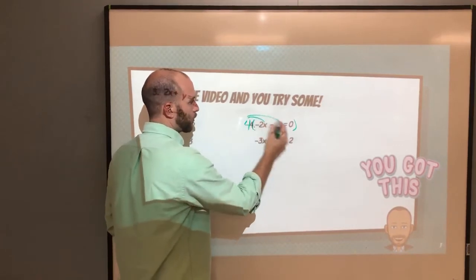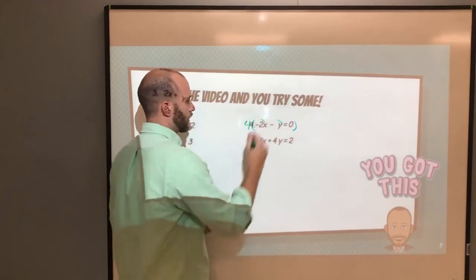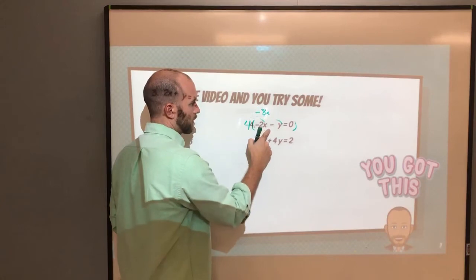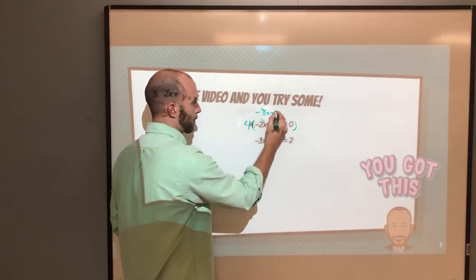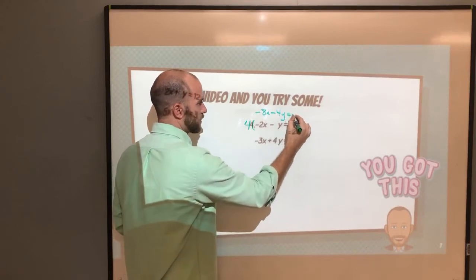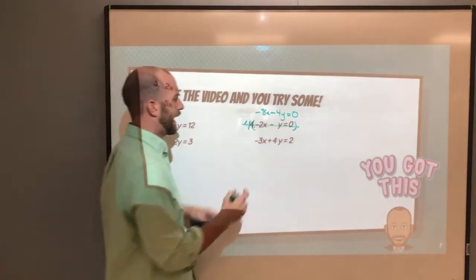When I multiply this by 4, I'm going to get the following equation. Negative 2 times 4 would be negative 8x minus 4y. And 4 times 0 is still just 0. I'm done with this equation for now. Okay? So when I add these two together,